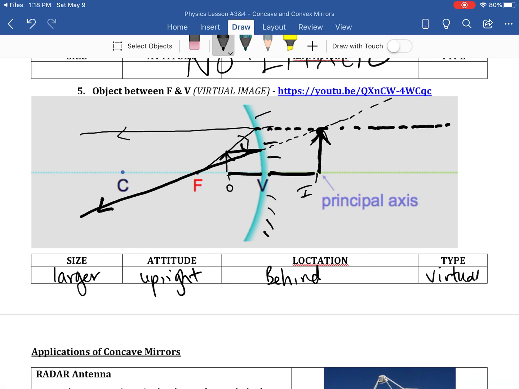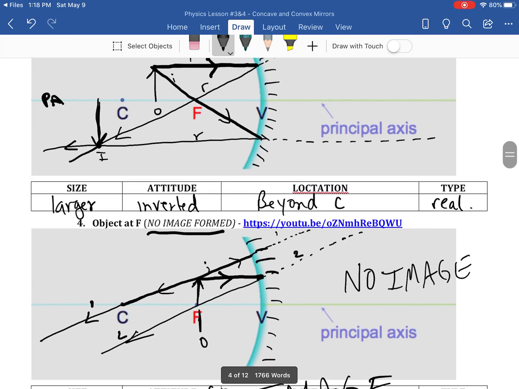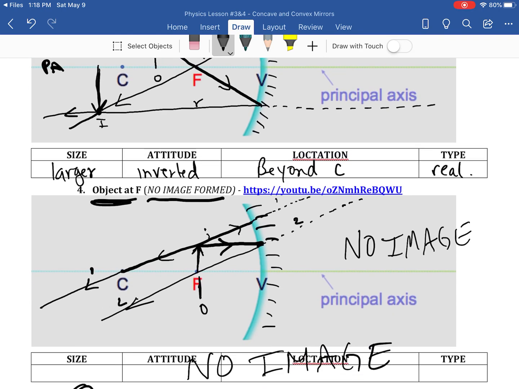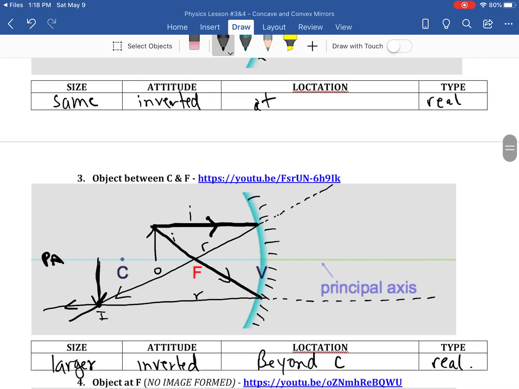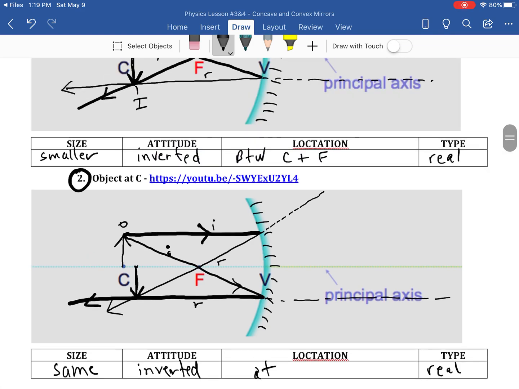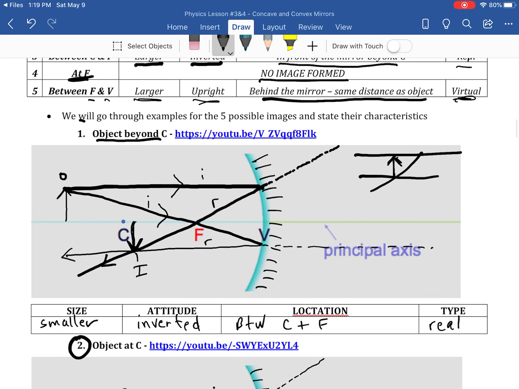Now, you can just memorize those characteristics of each case. You can memorize that if an object is between F and V, these are always going to be the case for that. It's actually quite easy because this is the only time when the object is going to be in a concave mirror, upright, and virtual. You can memorize that when an object is at F, no image is formed. When an object is between C and F, these are always going to be the characteristics. When the object is at C, these are always going to be the characteristics. When the object is beyond C, these are always going to be the